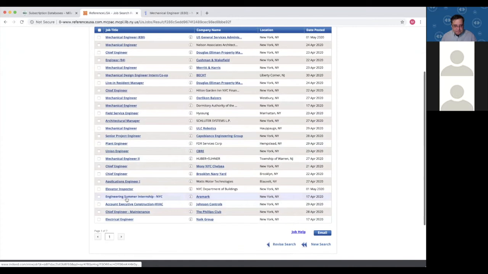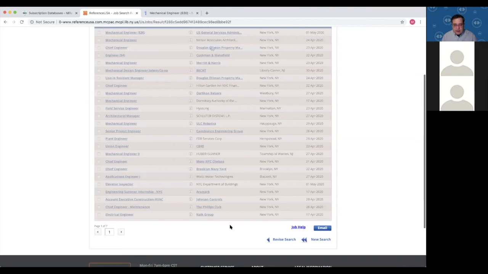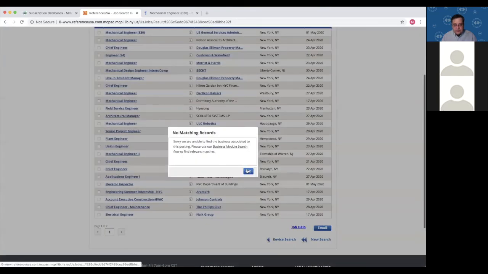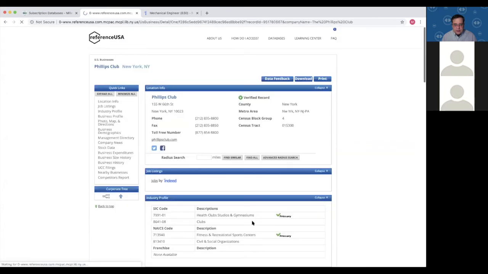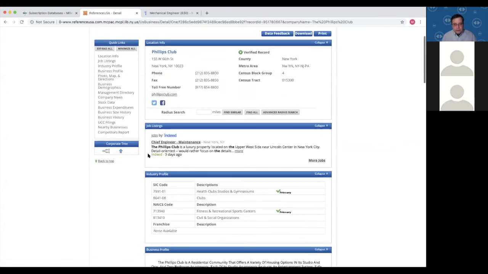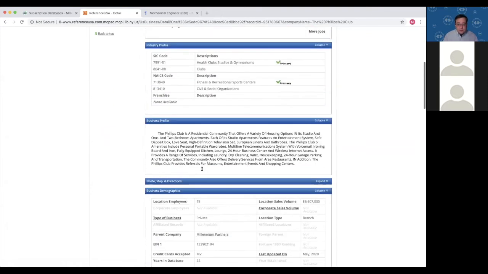Let's see, engineering. There's an internship here, electrical engineer. This company here, click on that. Oops, that did not pick. Let's pick Phillips Club, see if that comes through. There we go. So they're looking for a chief engineer. So they're not looking for a mechanical engineer, but kind of get the idea, get the industry profile, the business profile,